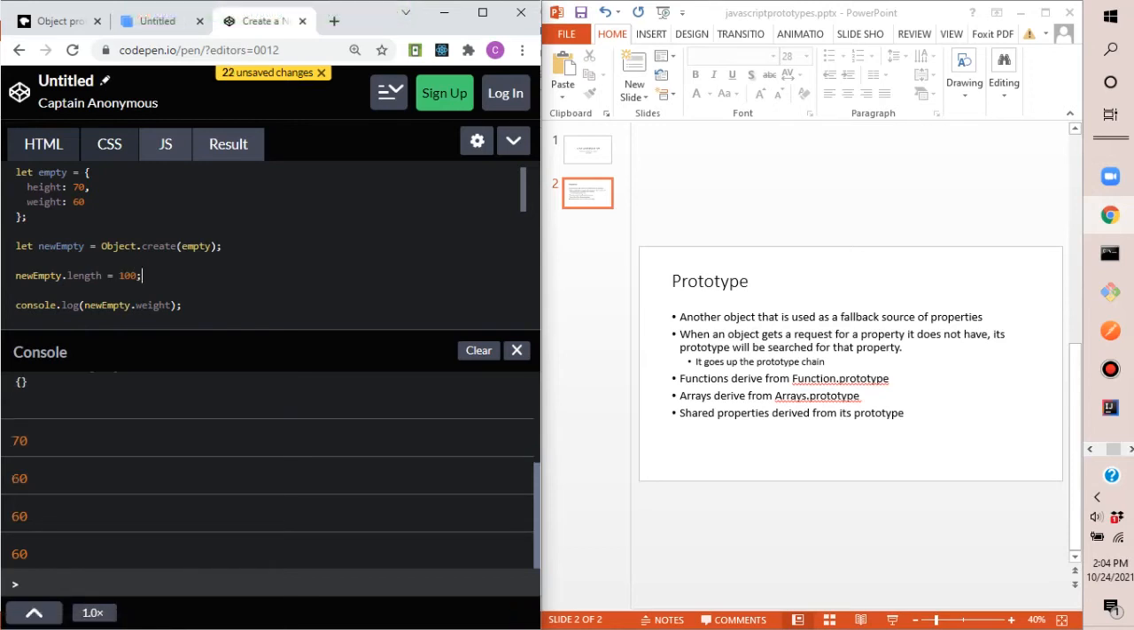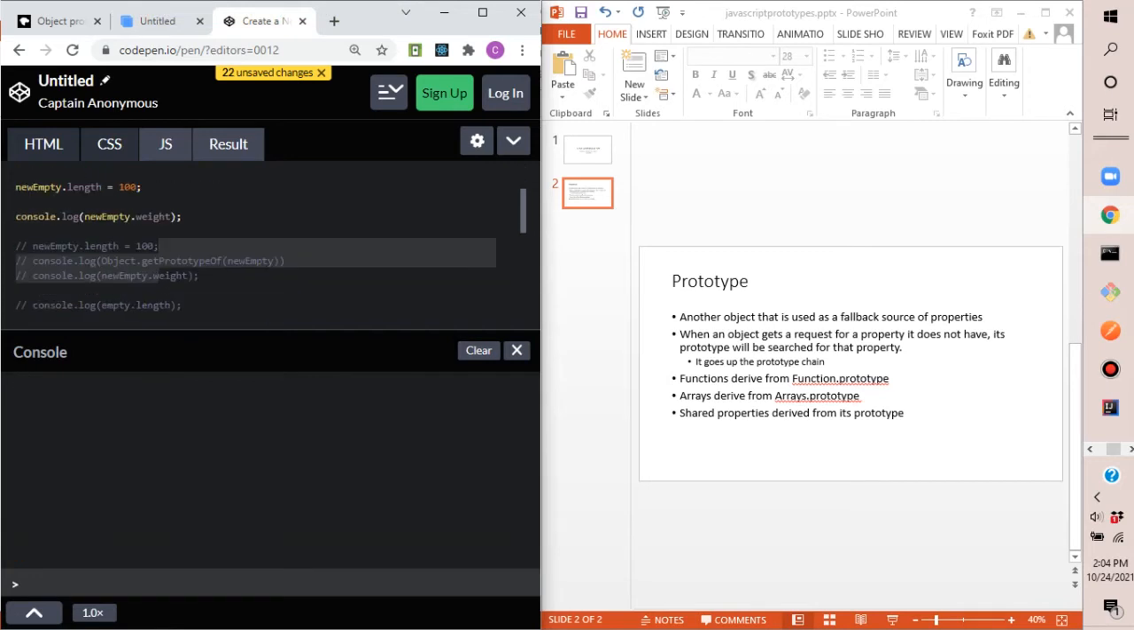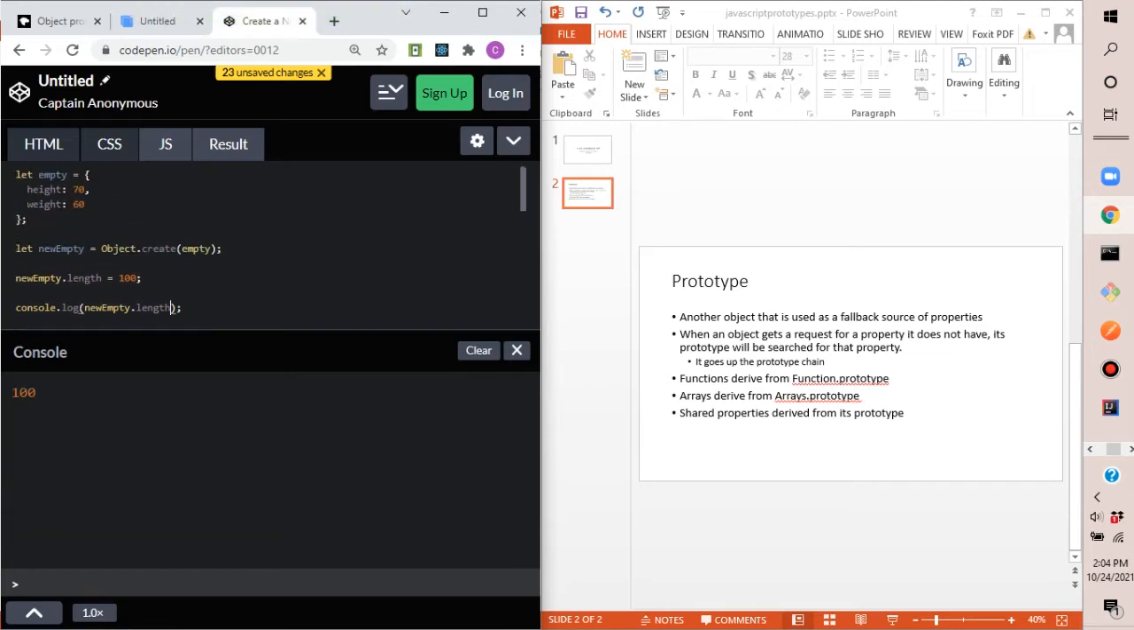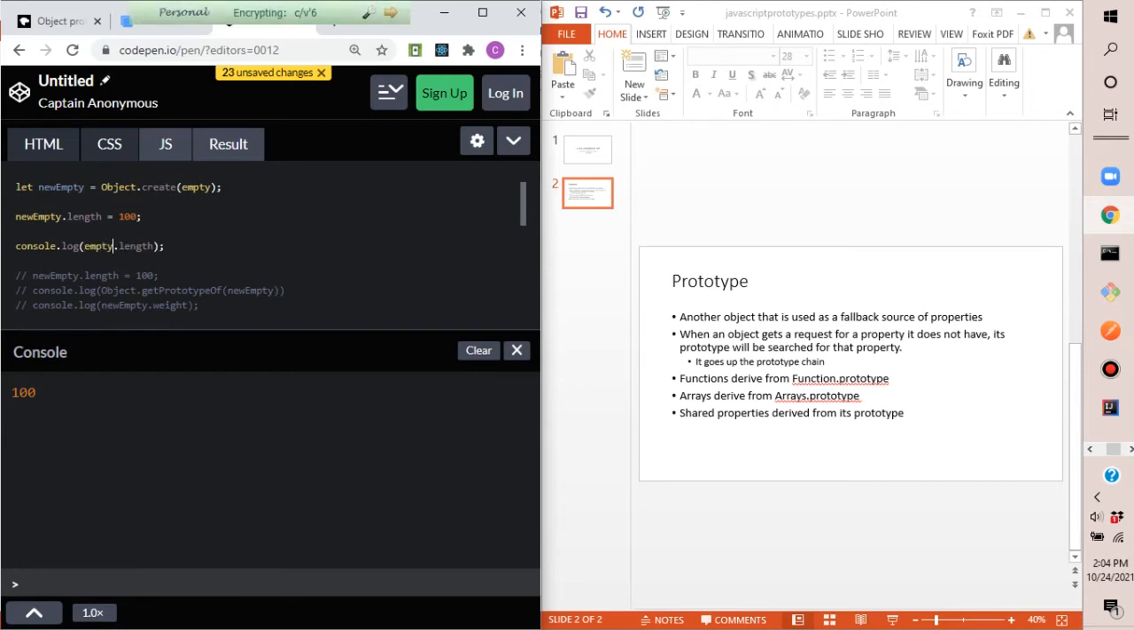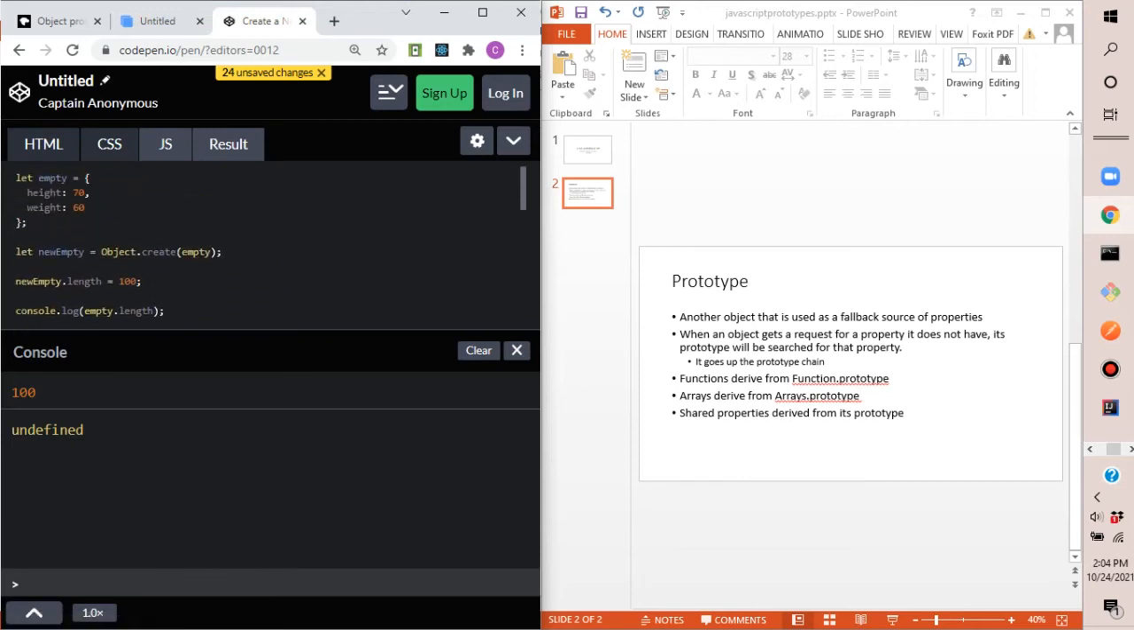100, right? Let me clear this. So now if we do new empty dot length, access the length property, it should print off 100, right? But what if we did this and say empty dot length? We're getting an undefined because there is no length property in empty. The length property is